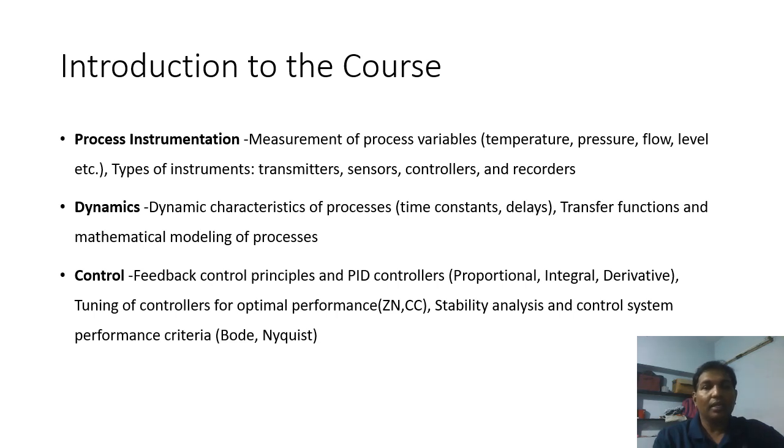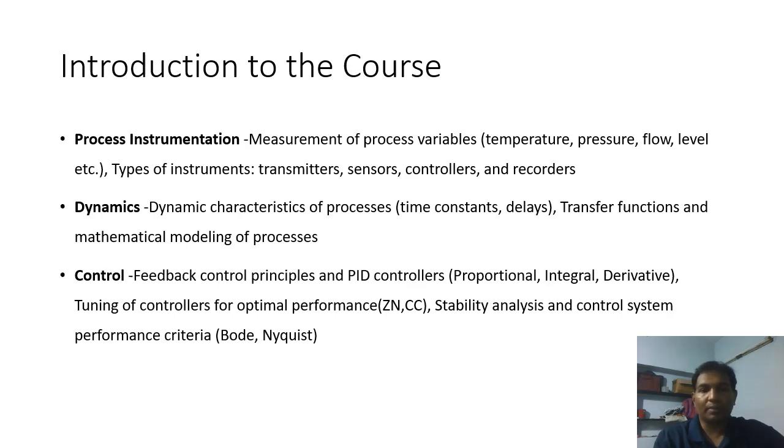Finally, this control will also include the tuning of controllers for optimal performance, stability analysis, and the control system performance criteria. For example, we are going to discuss the Bode and Nyquist stability criteria in this course. So overall, process instrumentation, dynamics and control refers to the process and the instruments that we are going to study for measuring the process variables, the transfer functions and modeling of the processes, and